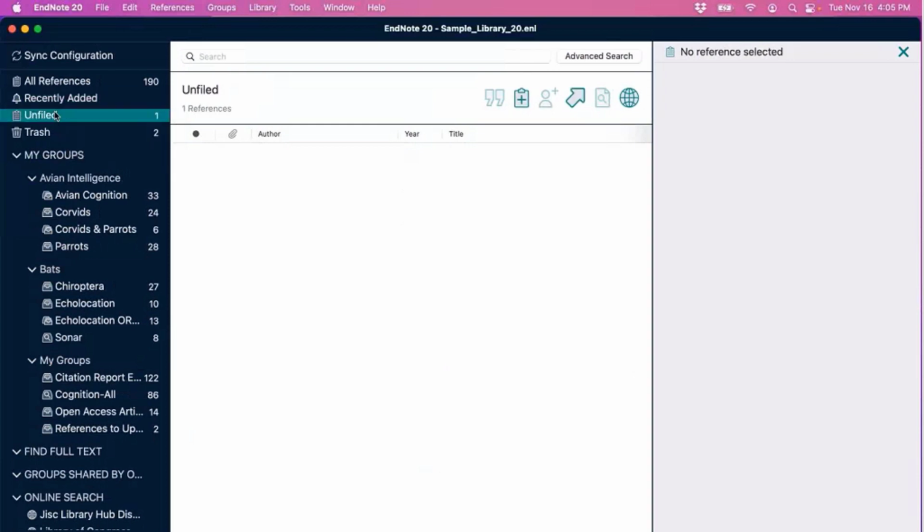Unfiled, you could sort of think of as your library's inbox, and this Unfiled group is letting you know if you have any references that aren't part of a custom group. And this, again, if you're looking to use groups and group sets to add that extra level of organization to your library, and you want to make sure that everything is associated with a project, Unfiled is a quick and easy way to see if you've missed any references. So currently we have 1 out of 190 references in this library that's not part of a custom group. And if we right-click on Unfiled, we can actually have it consider whether or not it's part of a smart group as well.